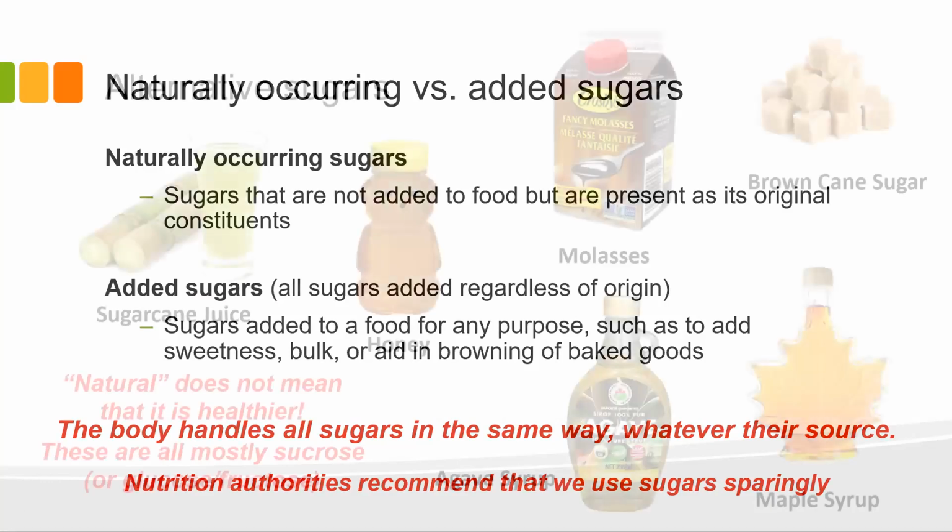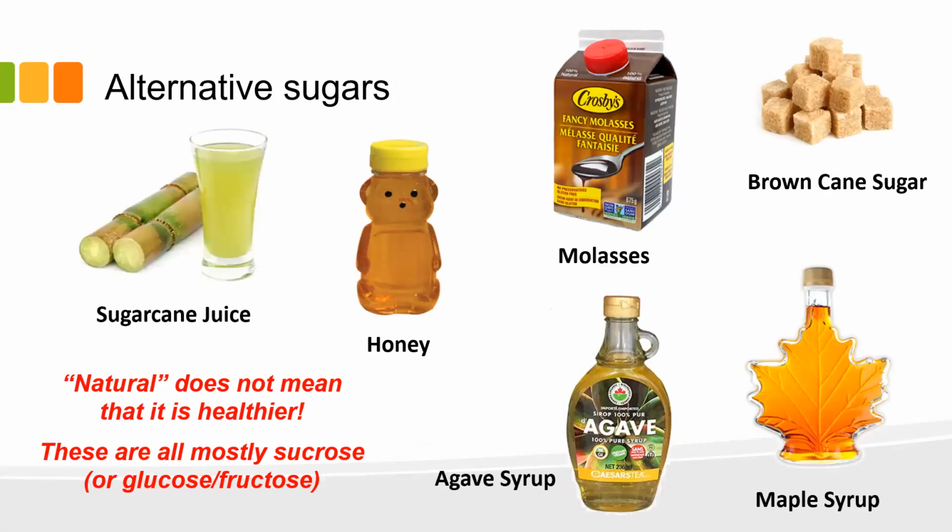If you take a look, I was amazed. I was going through the grocery store in the baking section, and the amount of different types of sugars that are out there, and many of them have a little stamp on them that says natural, and they're claiming it's healthier for you, and all these kinds of things. I've noticed this agave syrup is really a popular thing for some recipes now, and it's basically complete fructose. And honey is sucrose, and also has a lot of fructose and sometimes glucose in it.